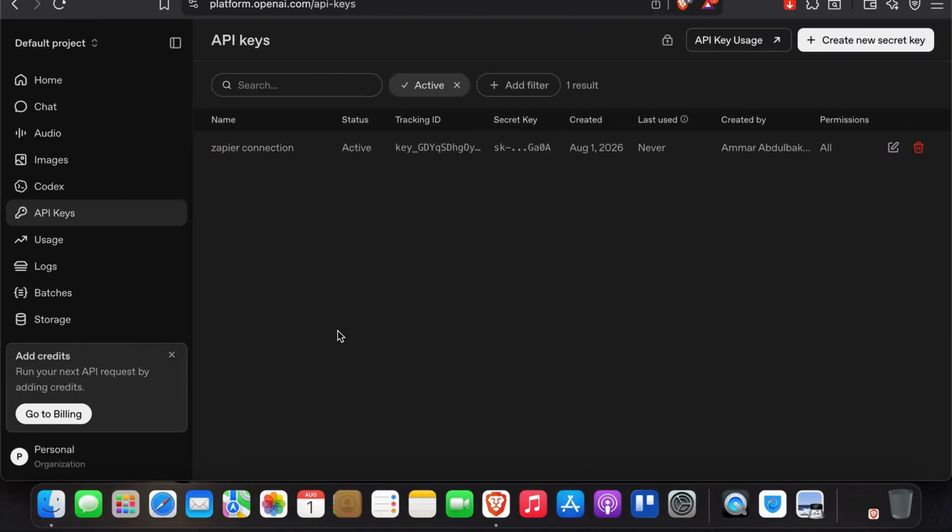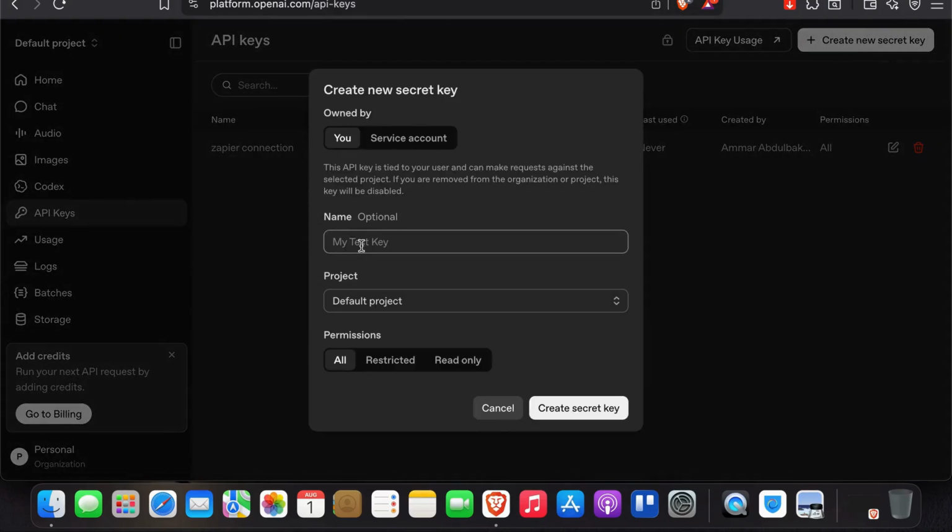Connecting ChatGPT to Zapier allows you to automate tasks using OpenAI. So first of all, you need to head over to platform.openai.com/API keys. And if you're new, you can just go ahead and create a new secret key and add a